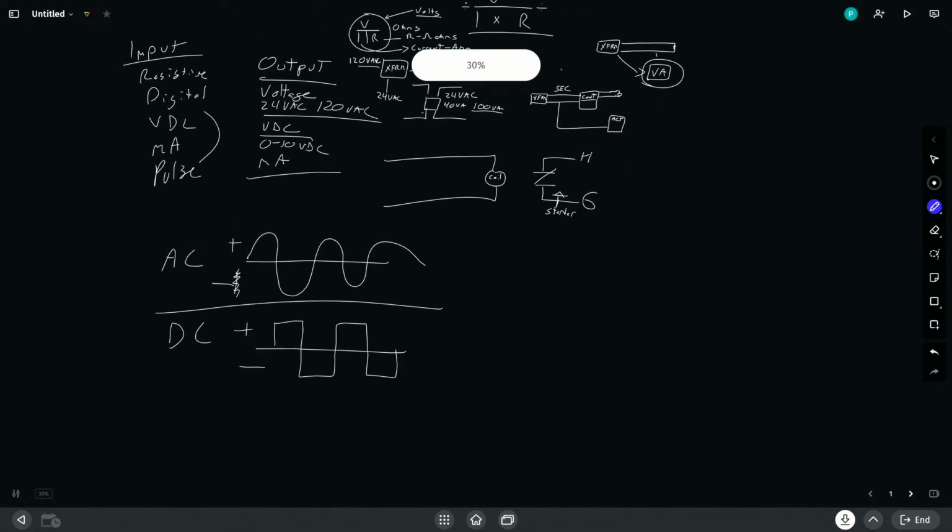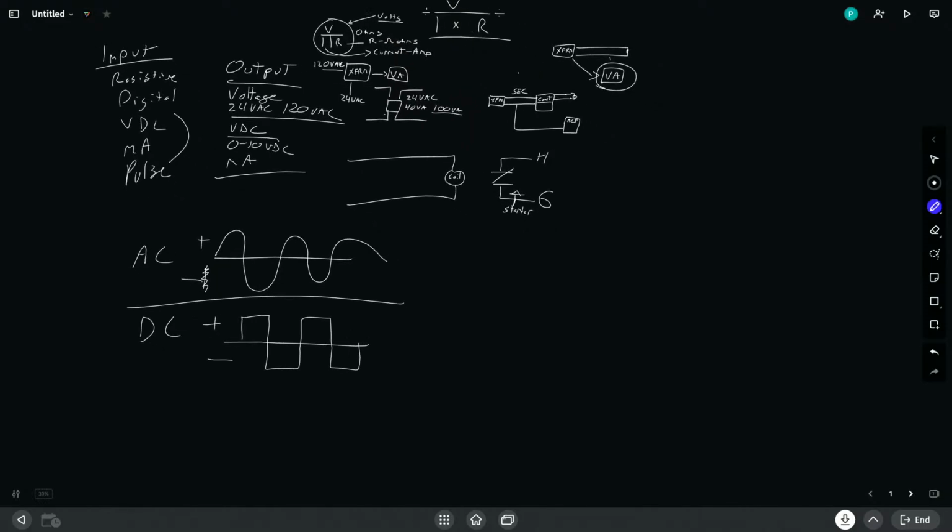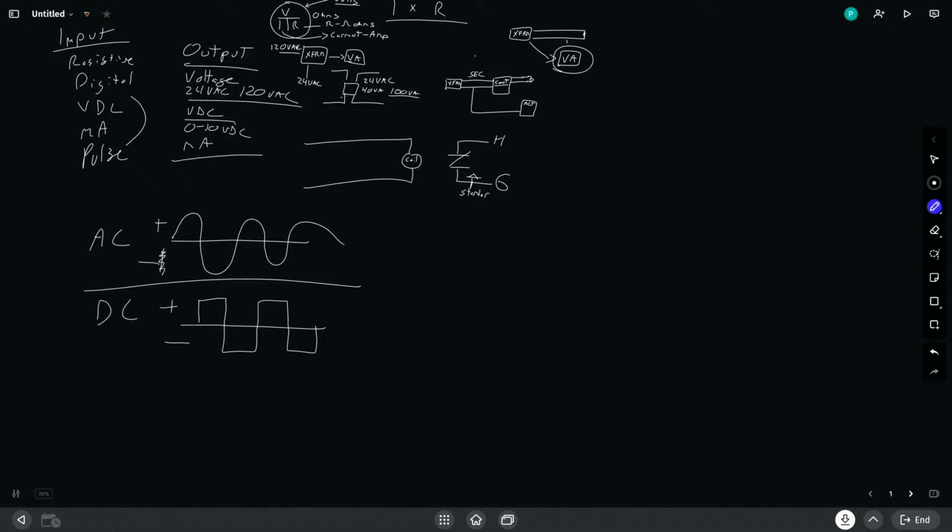Okay, so at this point we've covered Ohm's law, we've covered input and output types, we've covered circuits, we've covered polarity sensitivity, and we've covered transformers and secondaries and how loading on the secondary reduces the power capabilities of that secondary to transfer power to whatever devices we're doing. I'm going to take a look and see if there's any questions so far.